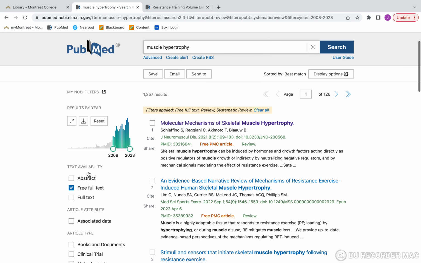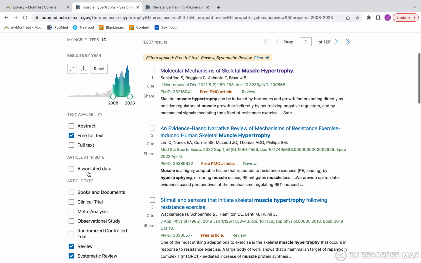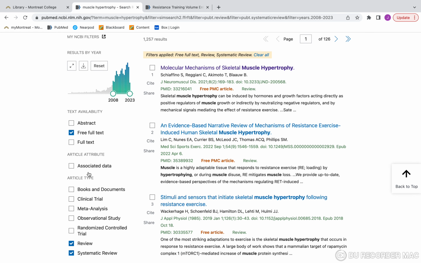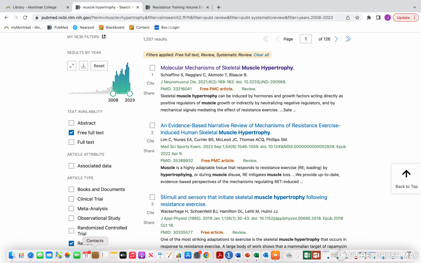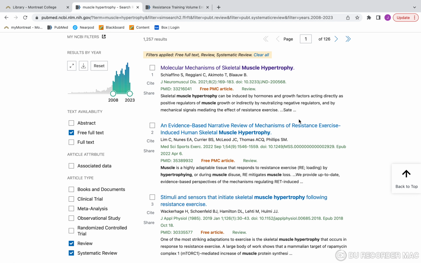A review often is going to be kind of narrative. They're talking through a concept almost, whereas a systematic review is where they follow a system. So before they start writing this review, they say, here's how I'm going to go about it. Here's where I'm going to get data from to explain this. It's minute detail. As a general statement, I would say probably look at both if you're just trying to get a quick grasp on something.